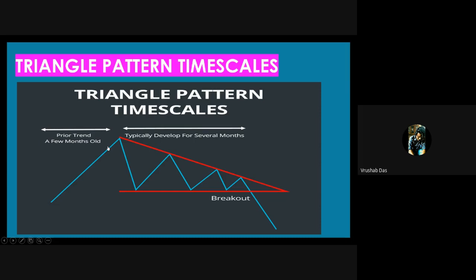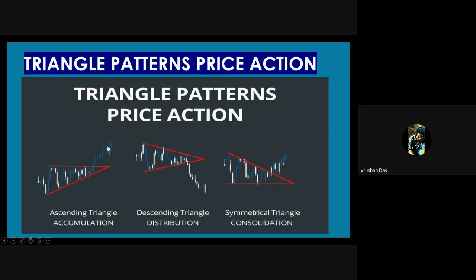In ascending triangles, buyers continue to get more aggressive over time, resulting in rising lows as subsequent lows increase, until they eventually win over bearish traders and the stock price breaks out. The opposite action may occur in descending triangles, where sellers become more aggressive, driving towards consecutively lower highs until the stock breaks out bearishly.